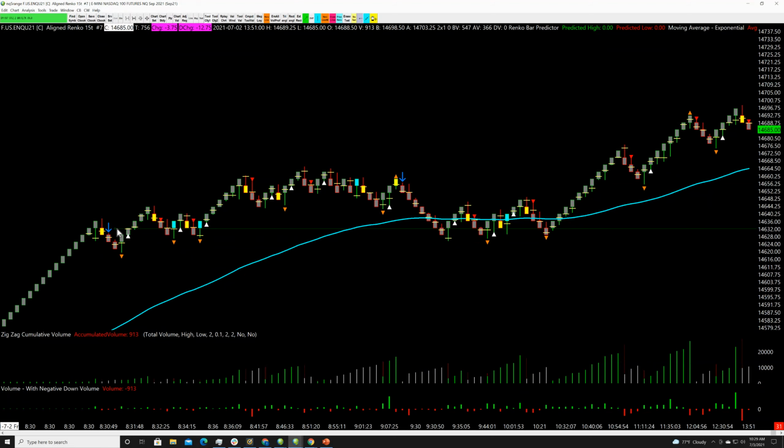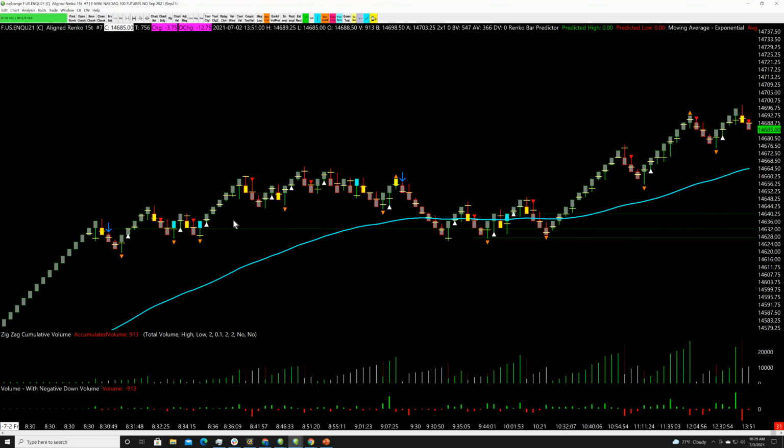Power bar, triangle up. All of these worked through here. This is power bar. Technically, that's the same valid trade right there. Power bar, triangle down. It was a speed bar as well. It was a valid entry. This is your next long right here. Power bar, triangle up, right?